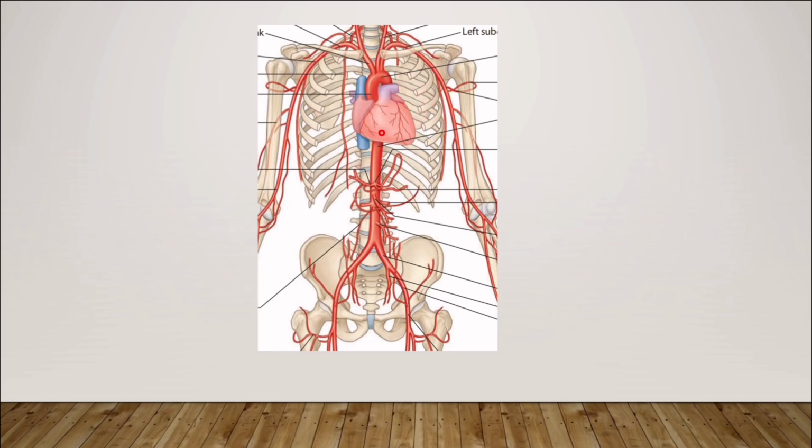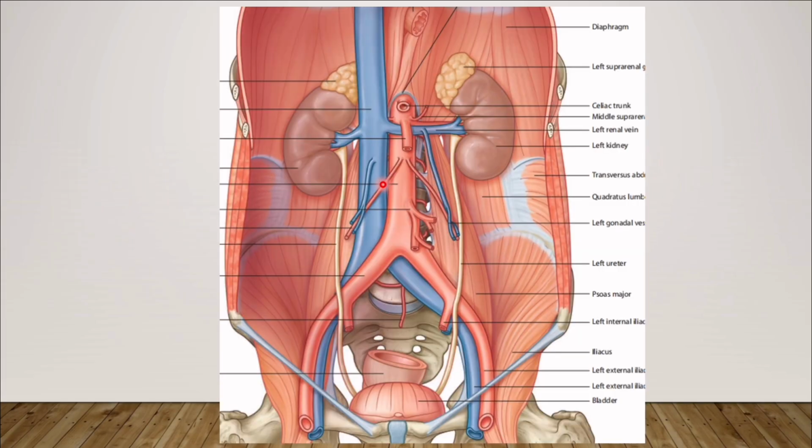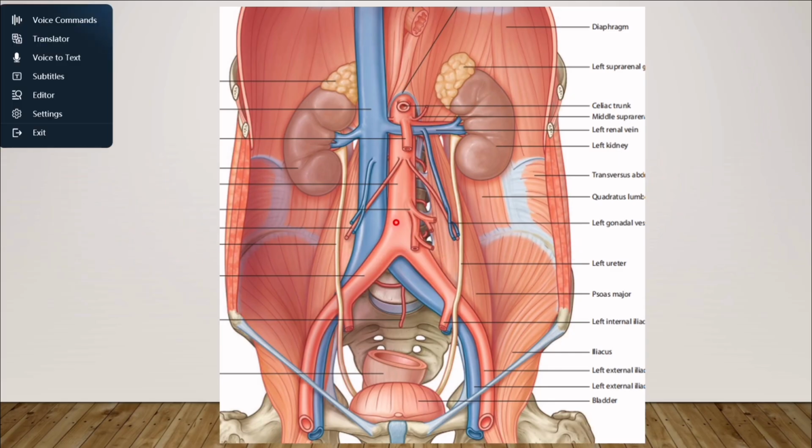Okay, so we start with the heart. The heart will pump oxygenated blood via arteries, the major artery being the aorta. So from the arched aorta, we go to the thoracic aorta. Then after passing the diaphragm, it will change name into the abdominal aorta. Then at the level of L4, this abdominal